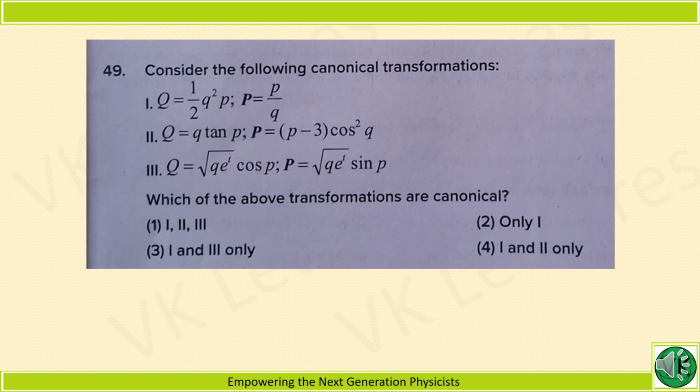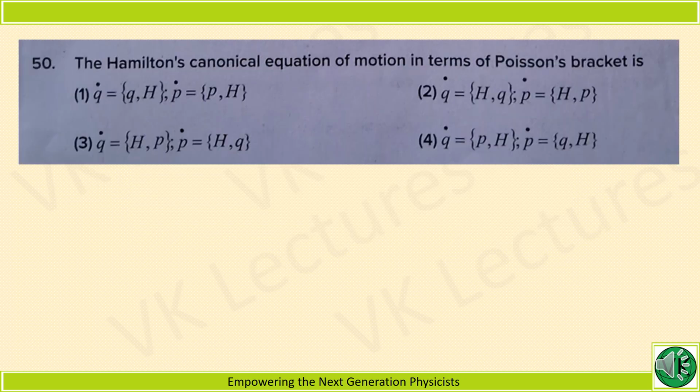Some of the transformations are given here: 1, 2 and 3. Which of the above transformations are canonical? The canonical transformations are only 1 and 3. Option is 3. The Hamilton canonical equation of motion in terms of Poisson bracket is the option 1: